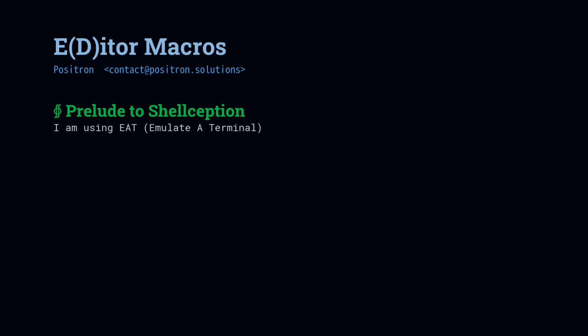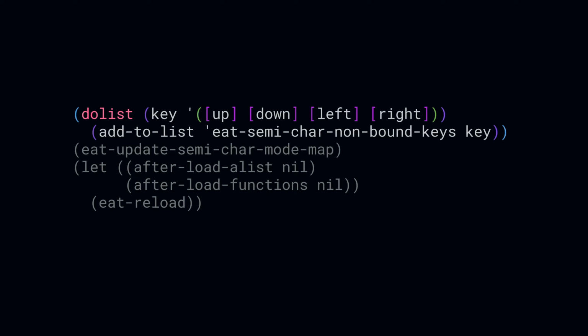This next bit of advice is about how to set up to use a terminal emulator that we're going to see in the next example. In order to do a good job, terminal emulators typically want to eat all of the input, but we need to control our slides, and that means that we don't want our dslide commands to be shadowed by the terminal emulator's key maps. In eat, the way that we set this up is we want to use semi-char mode, which